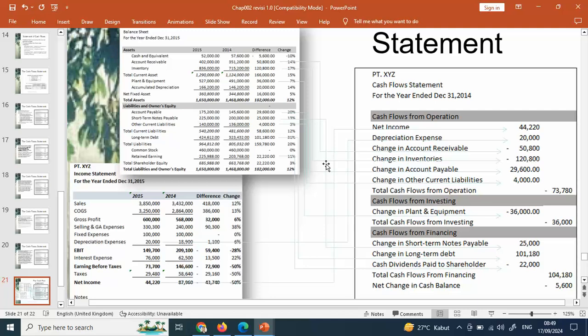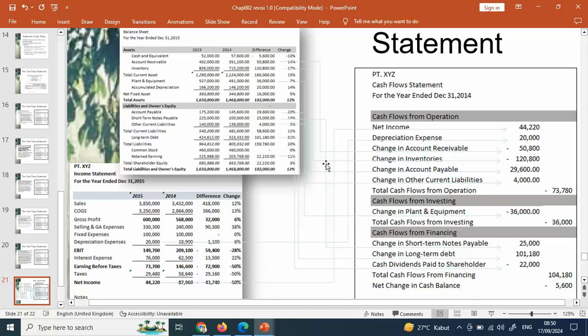And then from net income 42. You have retained earnings 22. How much dividend do you pay? Because there are people buying your stocks, you pay dividend. 42 minus retained earnings 22. How much do you have left? Yeah, you pay 22. So total cash flow from financing is 104.